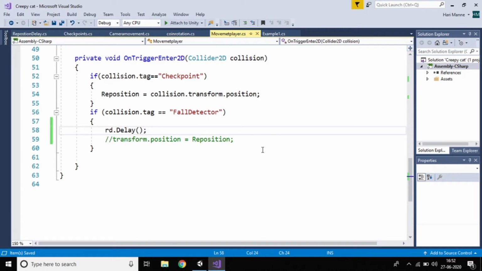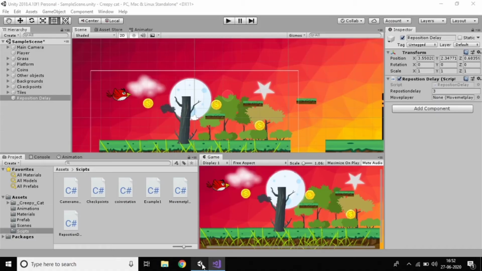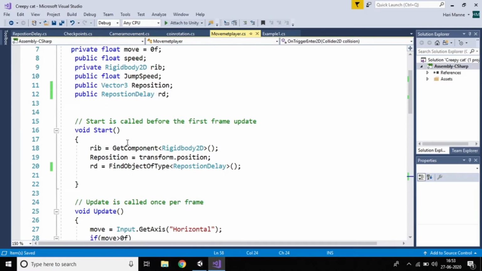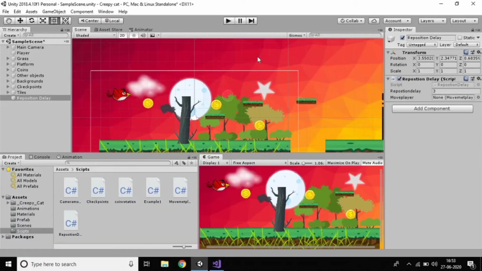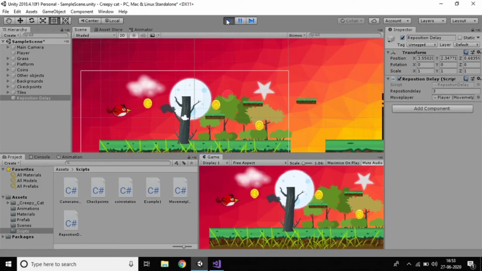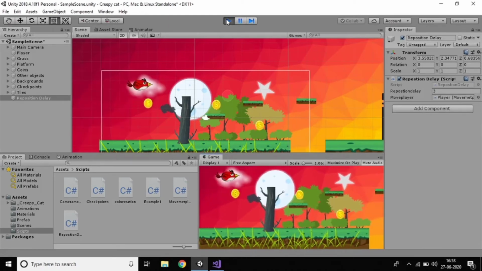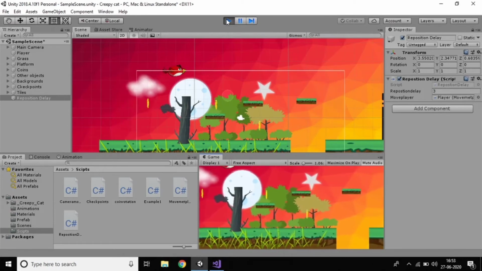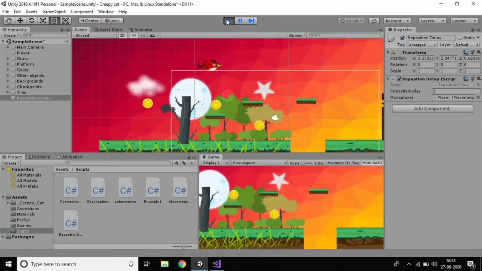Now just control S, and we don't need to drag or drop any objects, because we already wrote the code which is the find object type. Because of this code, it's automatically added. So now we can check whether it's working fine or not.